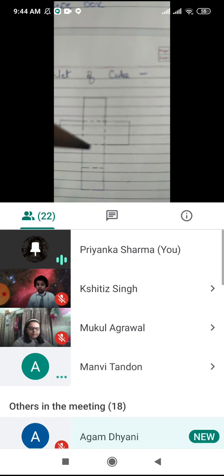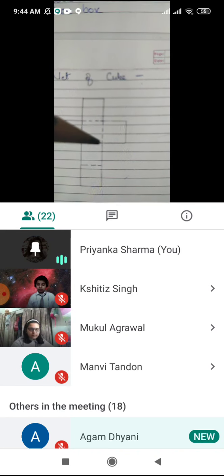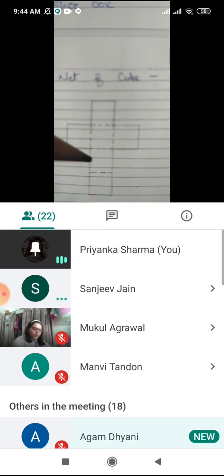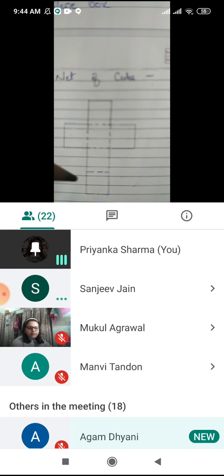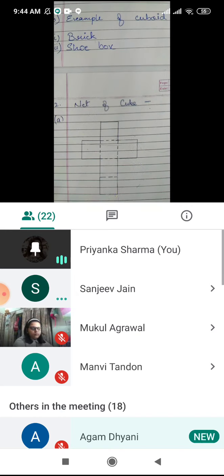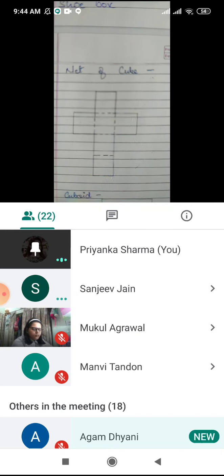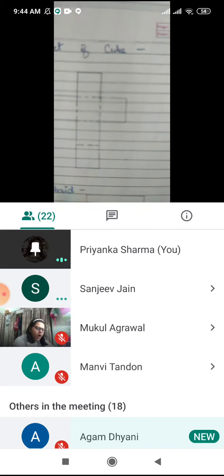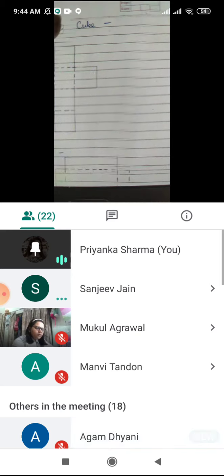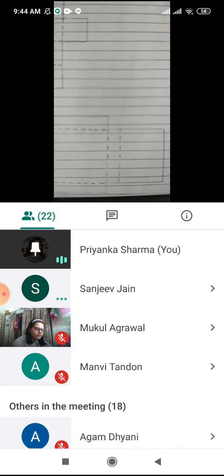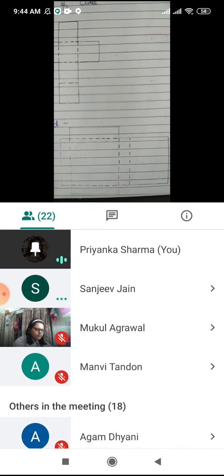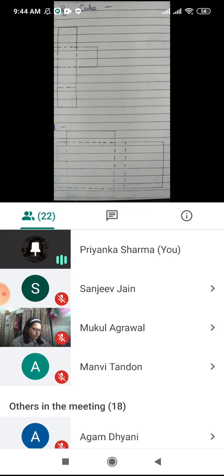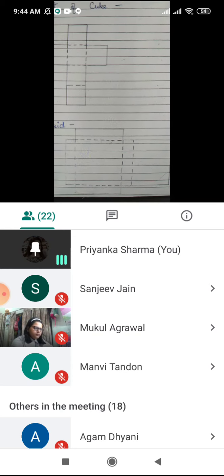Then can you see this square? All these are cubes. We can see that the sides are equal and they look like a square. So where the sides are equal and they look like a square, they are the shape of a cube. So many cubes are there. Can you see? Similarly, now come on to the next question, that is cuboid. In cuboid, we have the height, the length, and the breadth both. So here the boxes will be a little rectangular, a little bigger in shape.